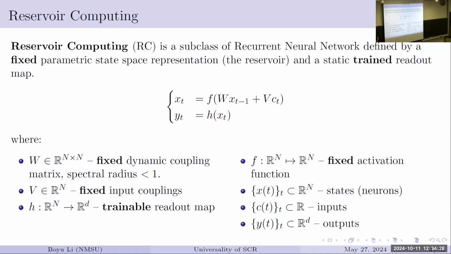So I map my input to a higher dimensional space. And I have my memory. This is the x(t-1) part from my previous step. And I need to decay it by a matrix W. And potentially I can feed it into some nonlinear function. And that becomes my new state. And based on this new state, I feed in some other function, and I generate the output. Okay, so that's the reservoir computing. But the idea of reservoir computing is that V, W, and F, these three, V and W are matrices, and F is a function.